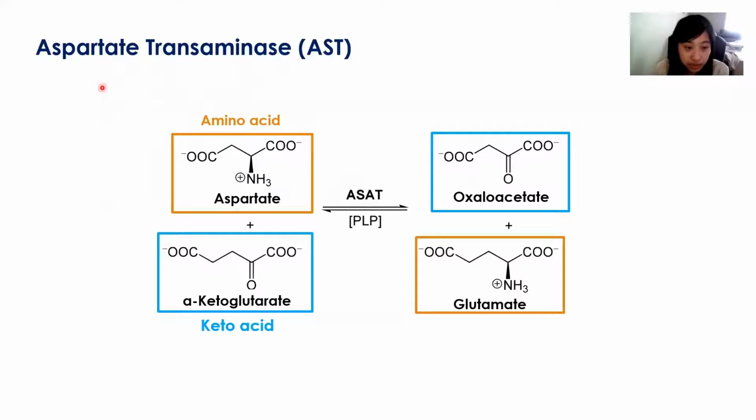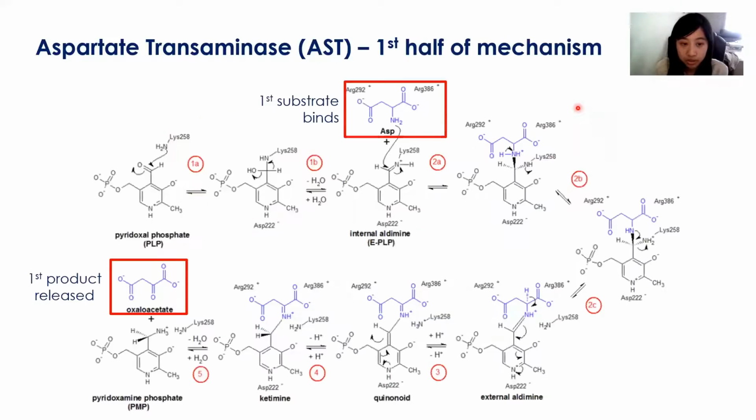So for aspartate transaminase, you can see that the amino group in the aspartate is transferred to the alpha-ketoglutarate, producing oxaloacetate and glutamate. So the mechanism here is shown. The first substrate, the aspartate, binds onto the PLP cofactor. And eventually, after a series of reactions, the first product, oxaloacetate, is released, which leaves the amino group attached to